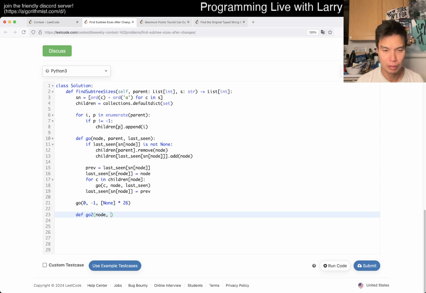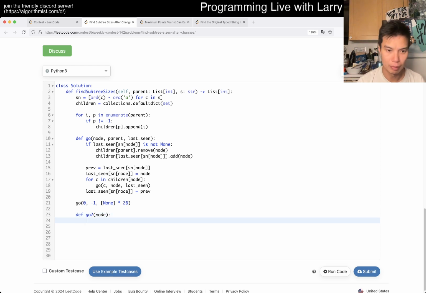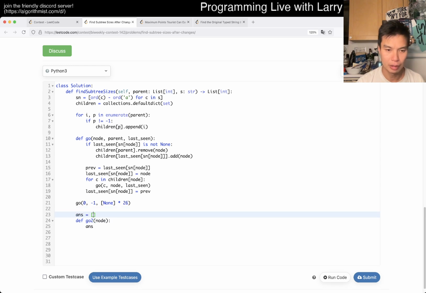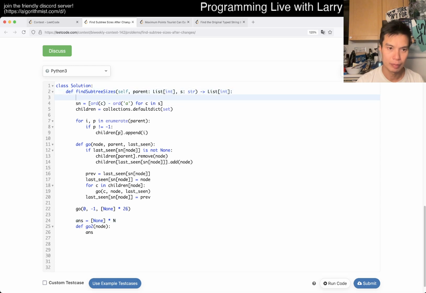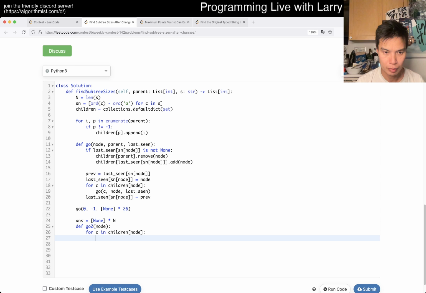So node answer is maybe... this might have to... I wonder if we're going to get an iterate.